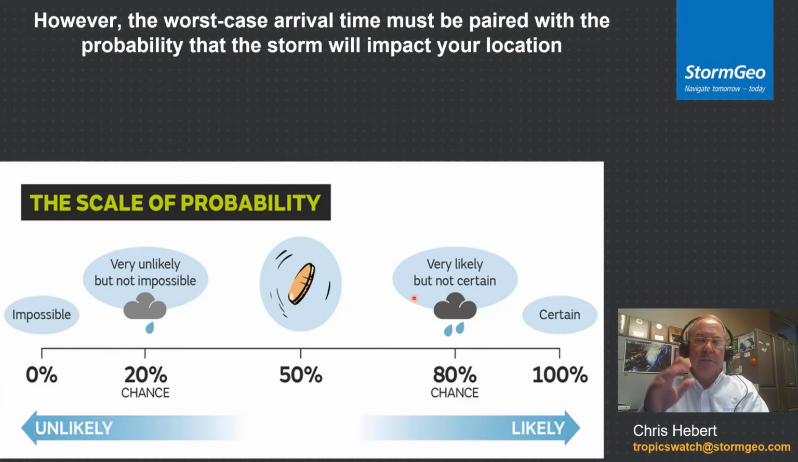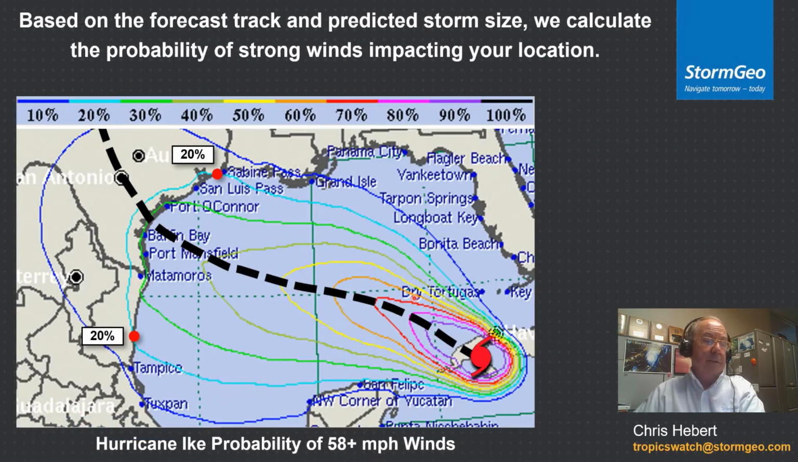The probability is based on the projected size of the wind field, and that determines what the chances are of your location being impacted by a storm. We look back at a storm like Ike, and we generate a probability graphic. We generate numbers here, and you can see that just north of Tampico, there's a 20% chance of being impacted. Just over toward Port Arthur, 20% chance. Certainly a little bit higher right along the track,